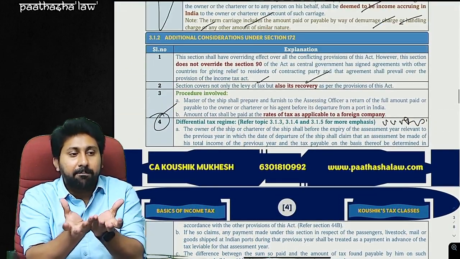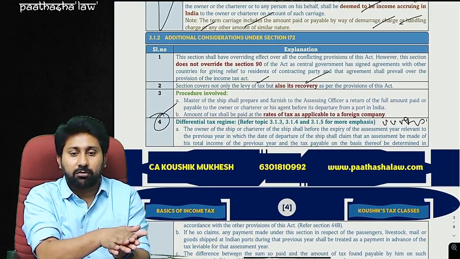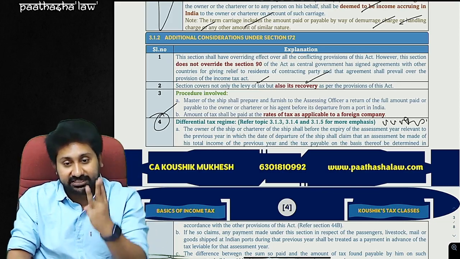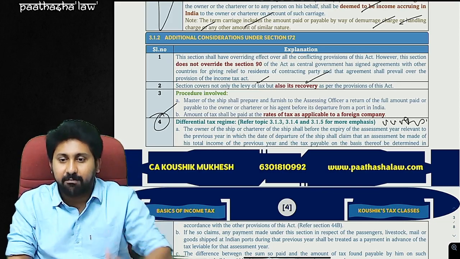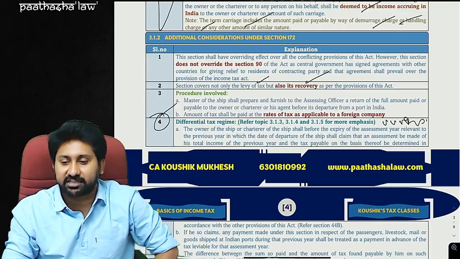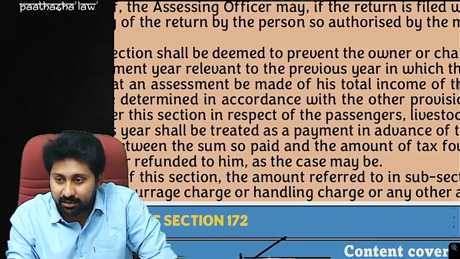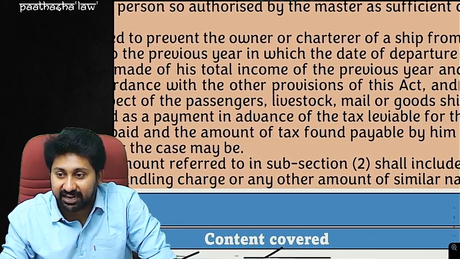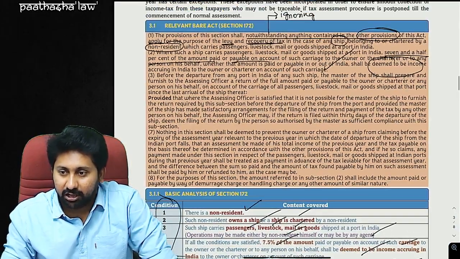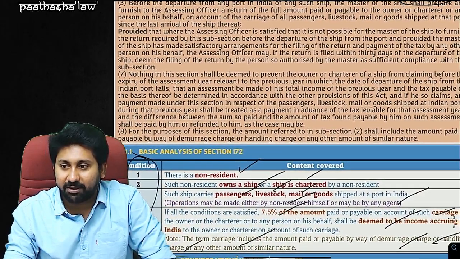Therefore, under 44B assess the income. It came to 1 lakh. I already paid 3 lakh. The excess 2 lakh I paid will be refunded back to you along with interest under section 244A, by treating this as advance of tax leviable. You listen to the entire story now, 44B with 172.